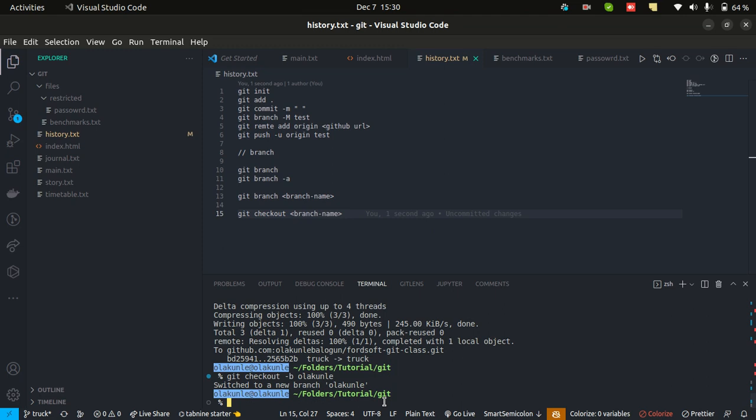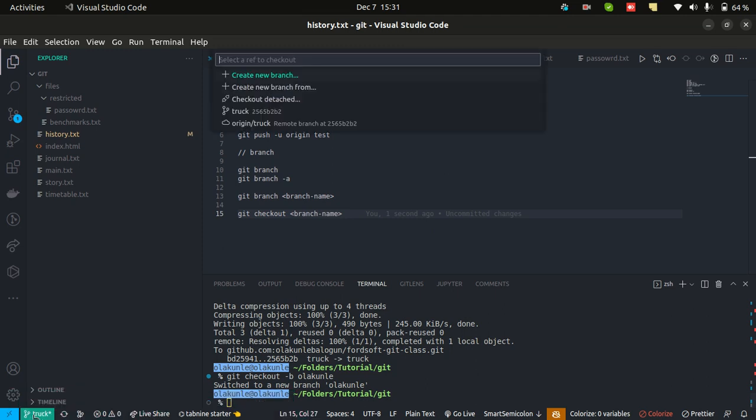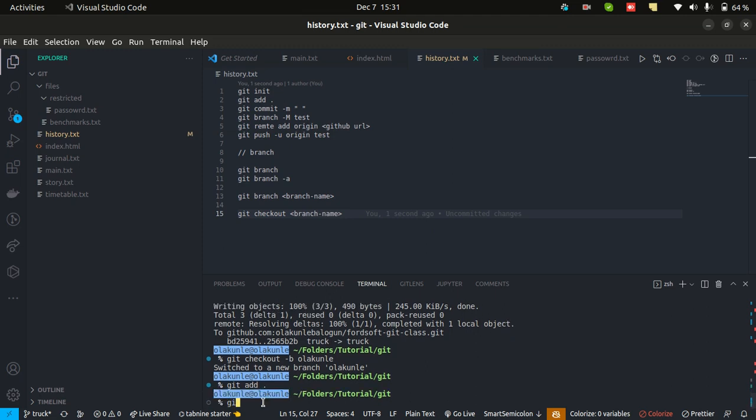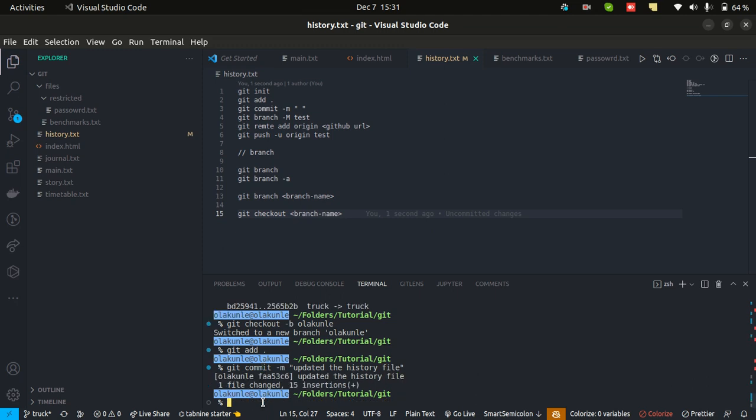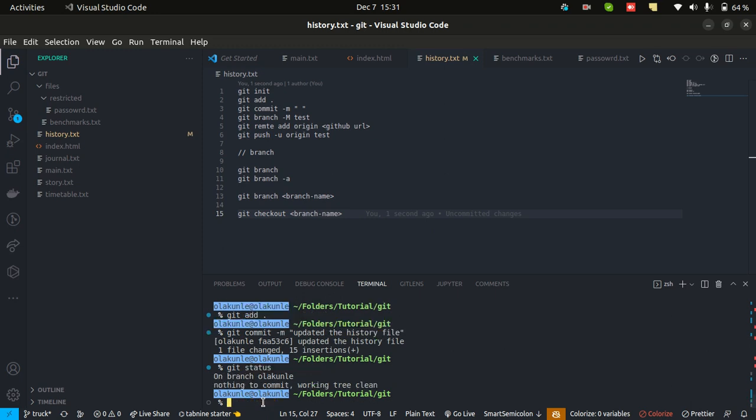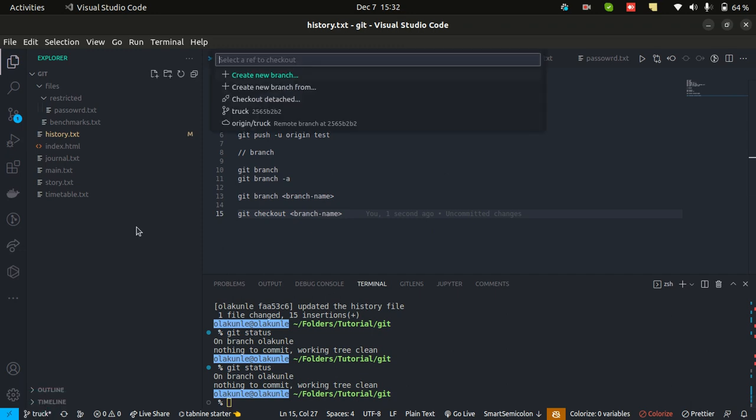So now git add, git commit, git status. Something is supposed to change, right? Okay, so if we now do git checkout now,